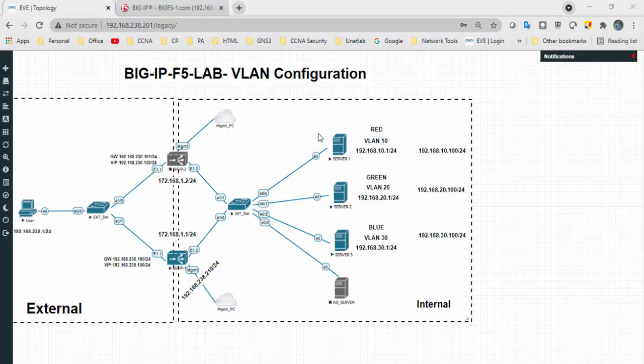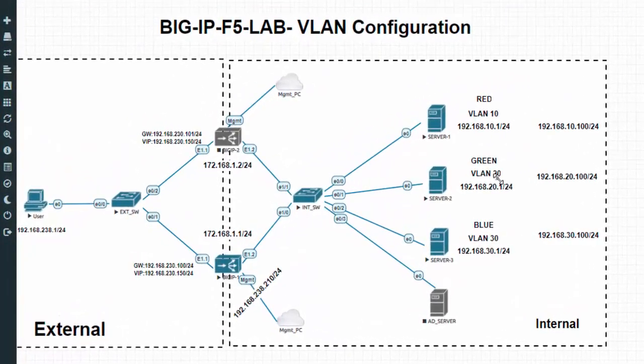In this topology, I have three web servers. For the first web server we have VLAN 10, for the second web server VLAN 20, and for the third one VLAN 30. The first one is 192.168.10.1 and the default gateway for this is 10.100. Similarly for VLAN 20 and VLAN 30, and this is my external self